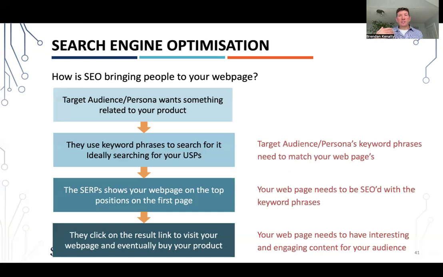And this is the trick at this stage: understand your target persona and what they're looking for, and then identify some search phrases that they will be using to find you, or that you would want to show up in. And those phrases are the words you want to include on your site. And again, we'll show this in more detail.